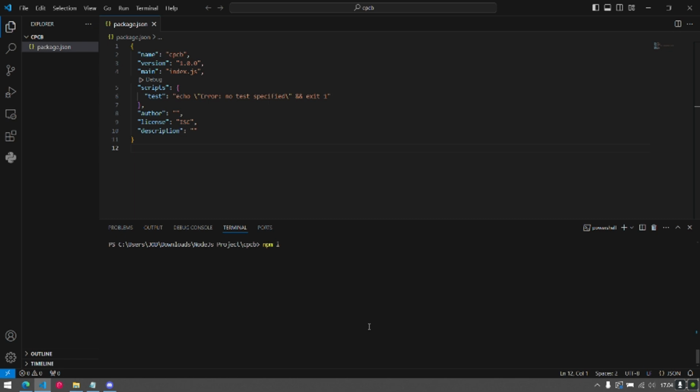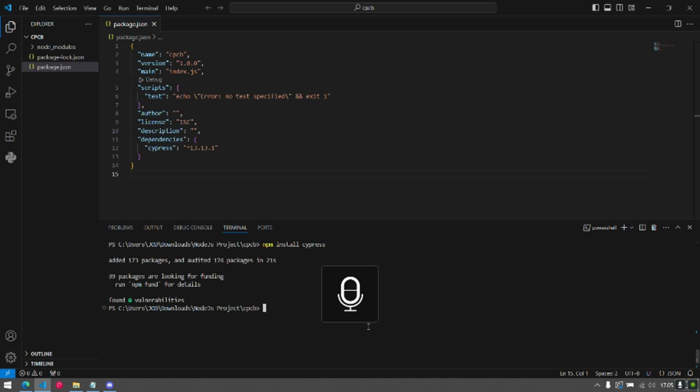We can install Cypress by typing npm install cypress. It will take a little bit longer. Yep, it's done. And then we can install the next package, which is the Cucumber preprocessor.